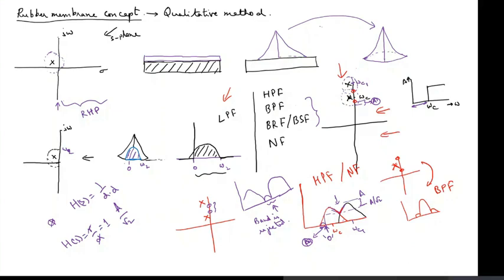In practical use, if I give you one filter that I have already designed, and I tell you what kind of filter it is, can you tell me qualitatively the nature of the filter? You can just qualitatively analyze. You cannot do anything else with the rubber membrane concept. It is just a conceptual method to understand how the placement of the poles and the zeros would affect your amplitude response, not even the phase response, only the amplitude response. It is just a qualitative method.